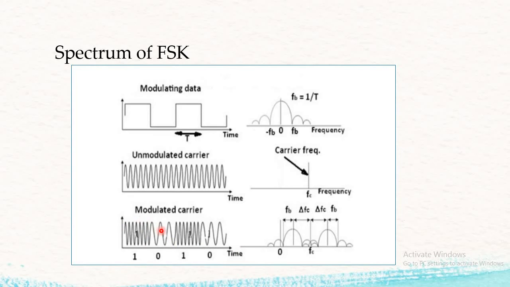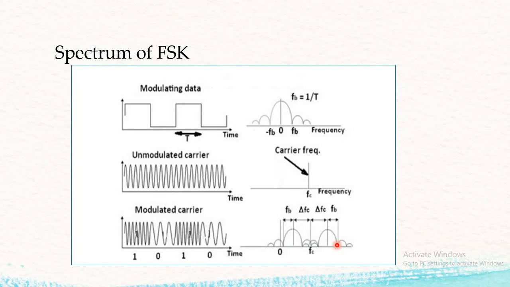So we are having a first carrier and a second carrier. For the first carrier, this spectrum gets multiplied by that particular value and is present over here. This is for the first carrier. And for the lower carrier, this portion means your input signal spectrum multiplied with the lower carrier signal's spectrum, so it is represented over here. So this complete thing will form the spectrum of an FSK. The FSK spectrum is nothing but the addition of the spectra of two ASKs, where the center frequency is shifted to Fc as well as to minus Fc based on the carrier frequency.